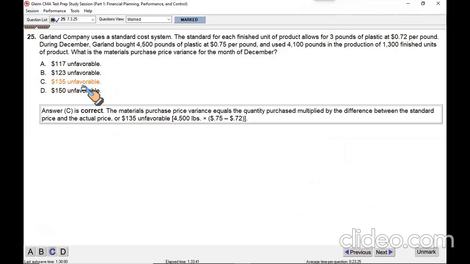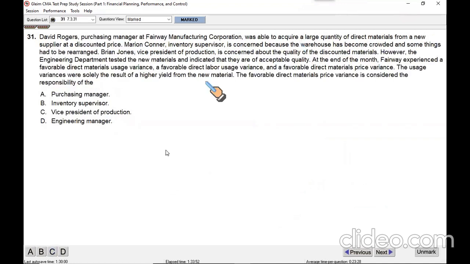So this was an important concept. You must keep that in mind, whether the variance is on the purchase price for the quantity purchased, or is it for the quantity used. Lots of questions are coming. Now, this is a beautiful question, lovely question. Please be with me while I read this question.